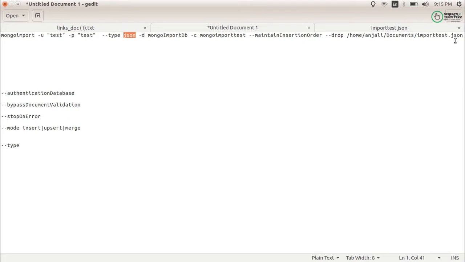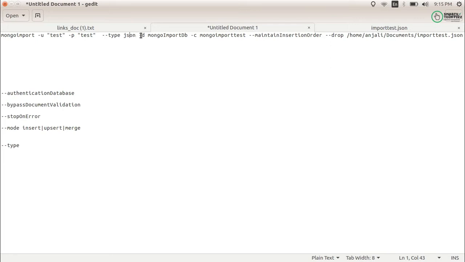If you are using a JSON file, you can even skip this type. But if you are using the CSV or TSV format, you have to mention the type using CSV or TSV. I am using JSON, so I have just written it here, but it doesn't actually matter because it is JSON by default.